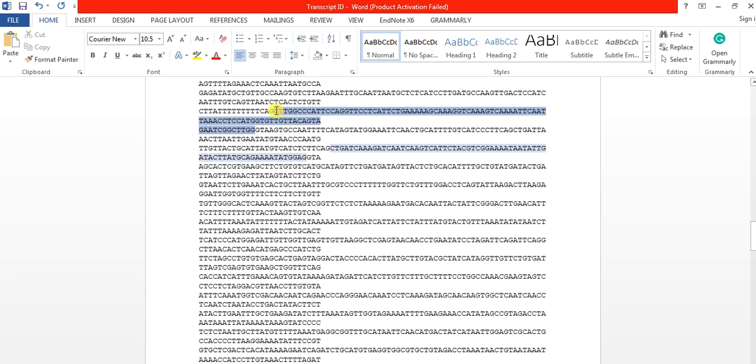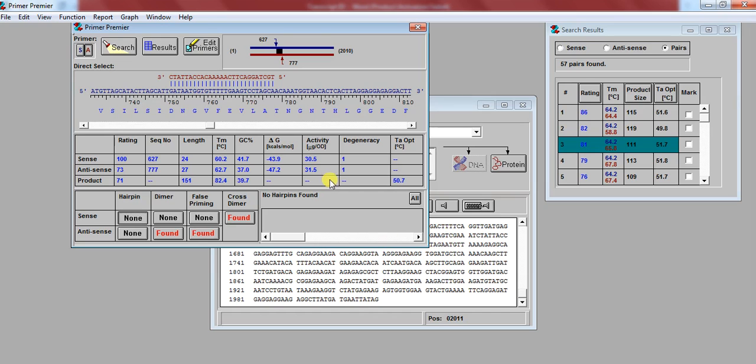So you will try to use this sequence to design the primer. But remember that for one primer, like the forward primer, some base pairs like this have the exonic sequence, while the reverse primer also has some sequence of the exonic region. So we use this, copy it, because it contains all exonic and intronic regions. Copy, open Primer Premier,